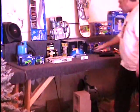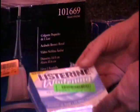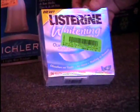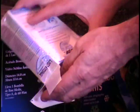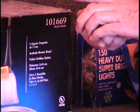Also on the table, I got some Listerine whitening strips. These are nice. This is 56 teeth whitening strips. So I guess you use 2 per treatment, so it's like 4 weeks worth. These are more than $10. This has a retail price of $10 written on it, but these cost $30 for a month's treatment of these whitening strips. Now what I see is